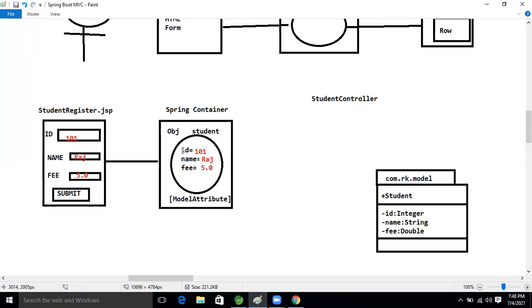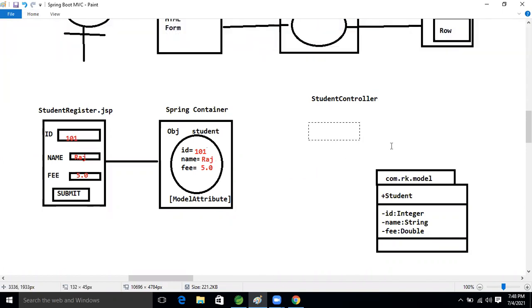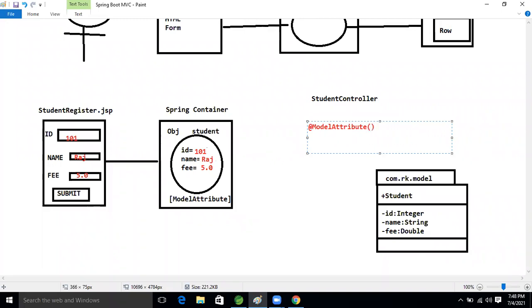So if we want to read this data from the IOC container, for that the model attribute is there. In the controller we will read this data using the ModelAttribute annotation. After that, the object name.